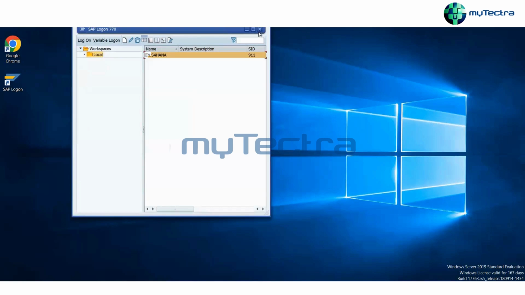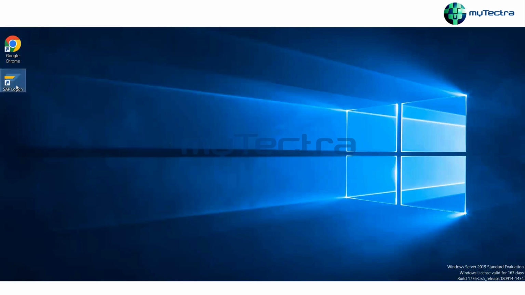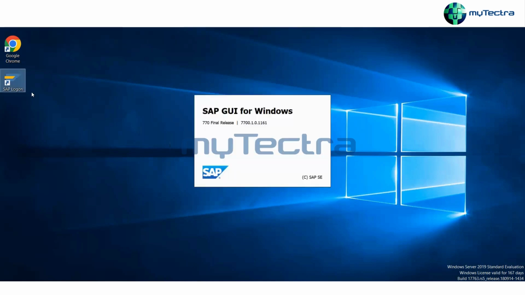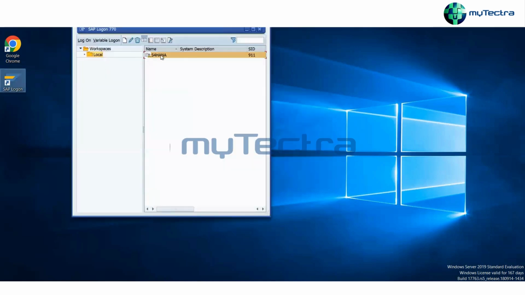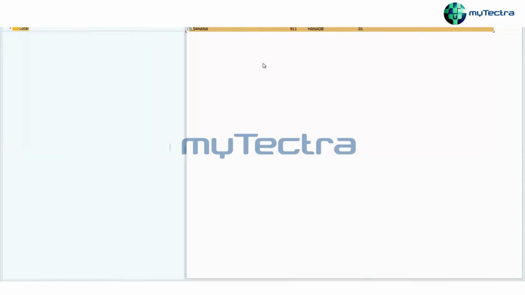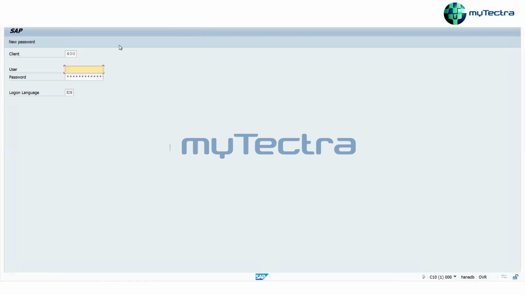See, this is the SAP main desktop icon. Even for HANA, the login will be the same. If you go inside this, you will have such a display. This is the S/4HANA server which we are using right now. You just click over here. This client will be default. It depends on company to company. Someone will use 400, the rest of them will use 500, 800.